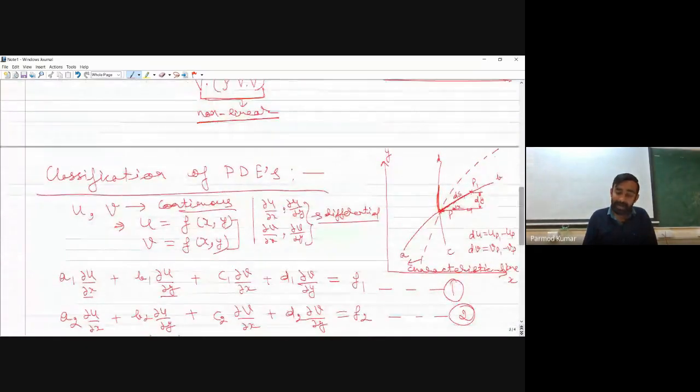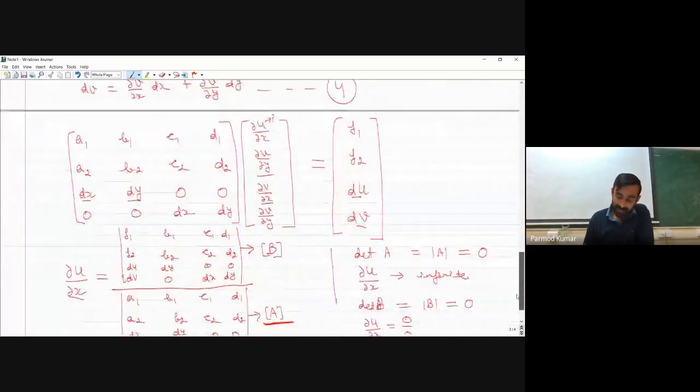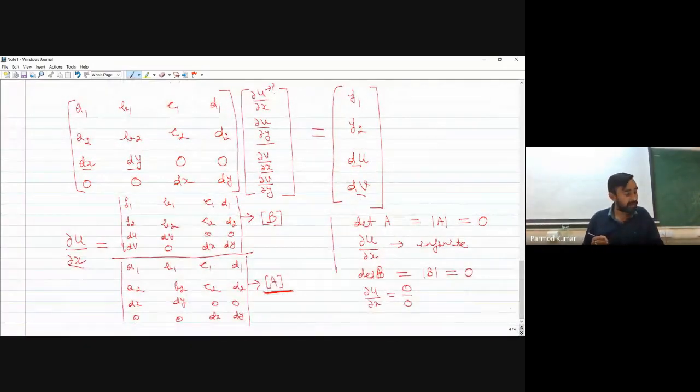Now, considering the number of characteristic directions that one partial differential equation shows, we classify that partial differential equation. And obviously, this number of characteristic directions also influences some physical behavior of the phenomenon, which is very useful while we are developing numerical schemes for solving these governing equations. So I have shown you the fundamental concept by considering a first order partial differential equation. Now let me explain this particular concept with reference to our actual equation.